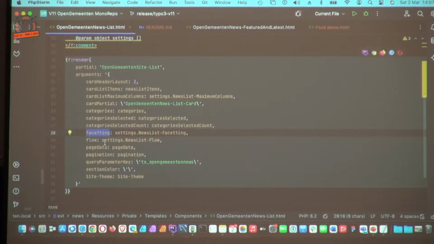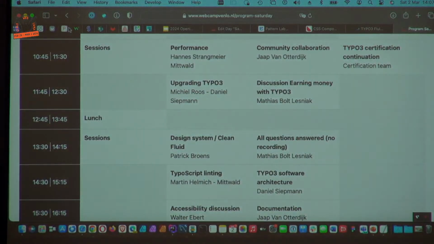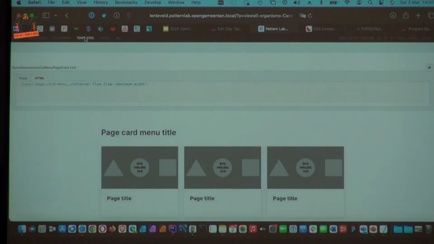I'm not going to tell you something about flow, because flow is about how wide an element should be in our page. Then you have the regular page data, you have pagination for this card list, you have some query parameter key, and a card list is not what I showed you recently, but a card list is more like